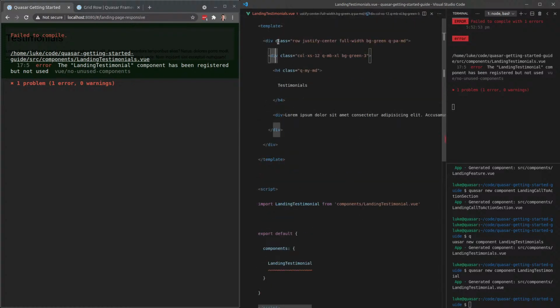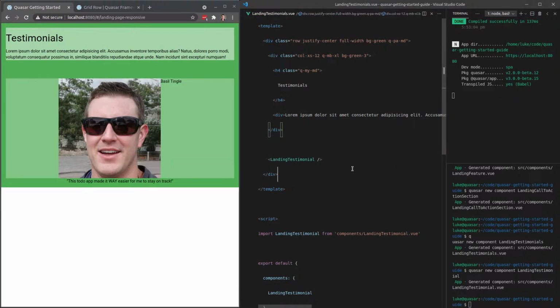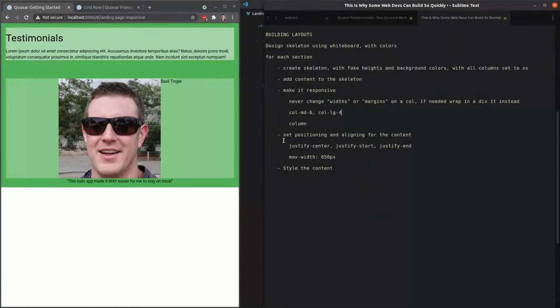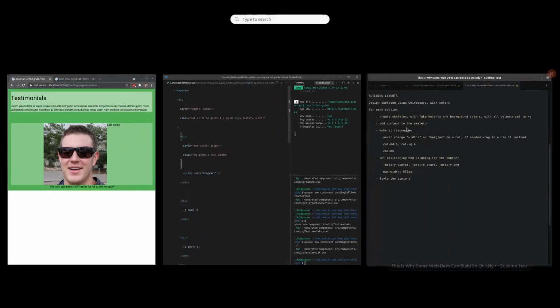Landing testimonials. So we can now whack that in down here. It's not a div. And there we go, there's Basil, and now we can start working on the next step, which was making it responsive. So this is doing stuff like adding columns and all that jazz. So before I make, actually, technically,